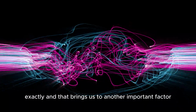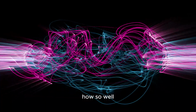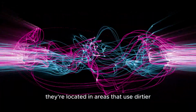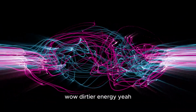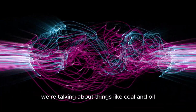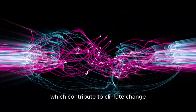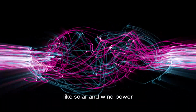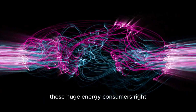And that brings us to another important factor, the location of data centers. Location matters. How so? Well, a staggering 95% of U.S. data centers are located in areas that use dirtier energy sources than the national average. Can you explain what you mean by dirty energy? Sure. When we talk about dirty energy, we're talking about things like coal and oil. They release a lot of greenhouse gases, which contribute to climate change. These are in contrast to cleaner energy sources, like solar and wind power, which have a much smaller impact on the environment. So you're saying most data centers, these huge energy consumers,